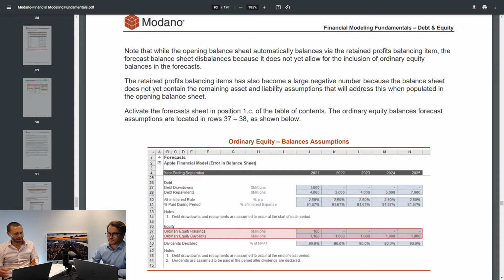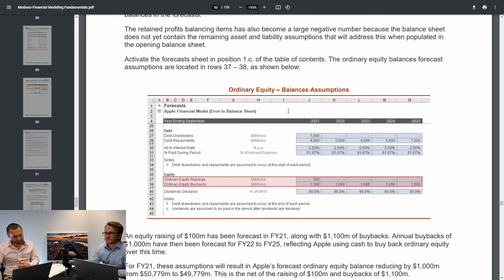You'll see very, very similar to debt. You can look at equity and say, okay, let's look at its balances. Debt has drawdowns, equity has raisings. Debt has repayments, whereas with ordinary equity, you have buybacks. Okay, so you'll see the terminology is a bit different. The other thing is you have dividends instead of interest, and dividends aren't operating expenses; they're returns on capital to the shareholders, and they're normally expected to be a percentage of NPAT, which is your return, what percentage of your